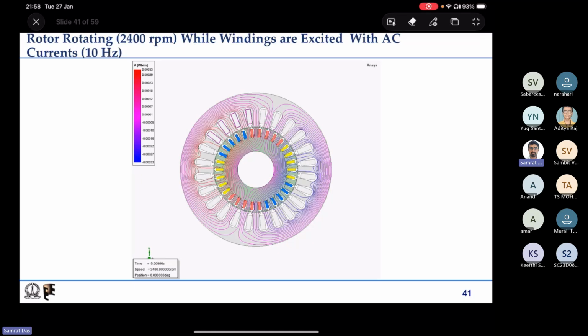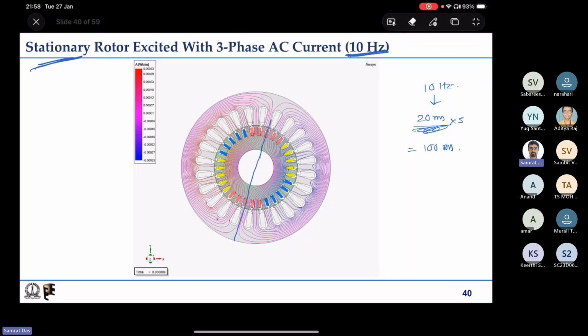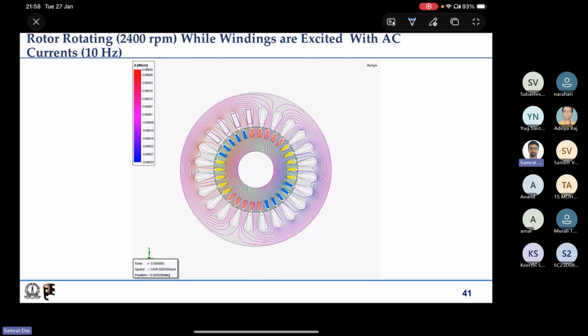Okay, this is the animation, so I should draw here. Right, this is the initial magnetic field axis, and once it runs,